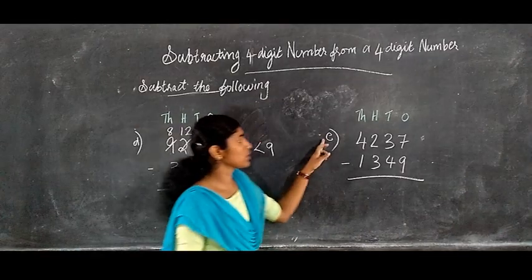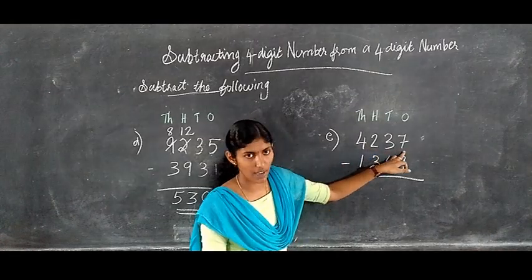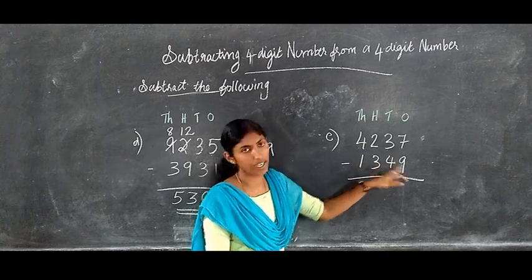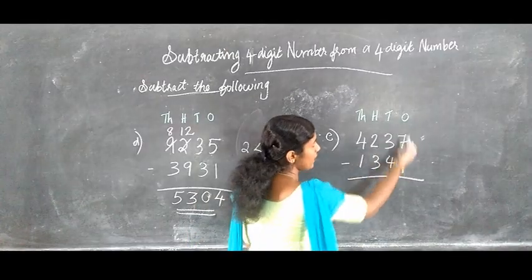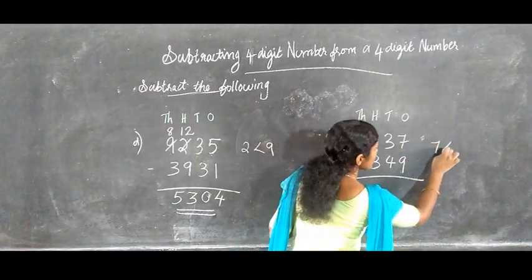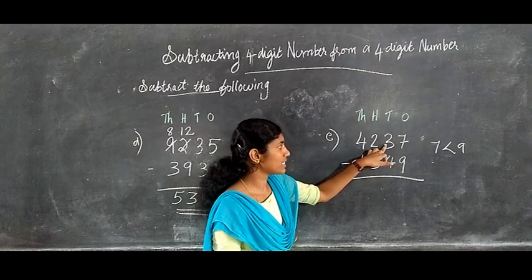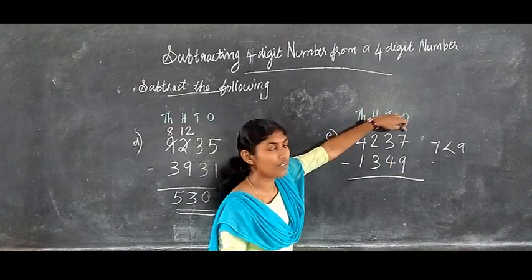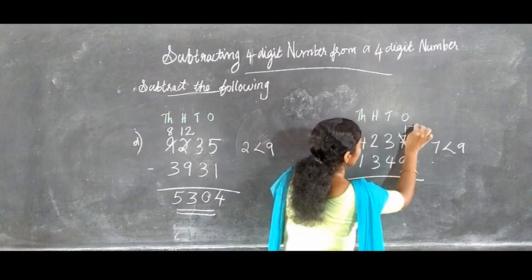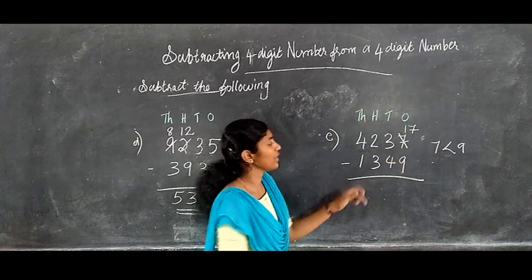Then next question, 4237 minus 1349. So first subtract these ones. Here we know that 7 is less than 9. So we have to borrow 1 tens from this tens column, and we have to regroup this ones column as 17. Then 17 minus 9, we have